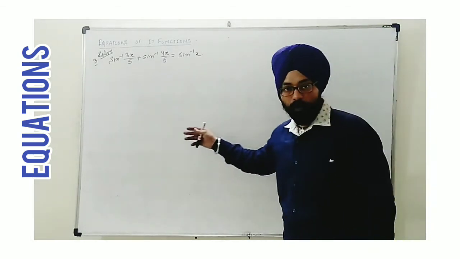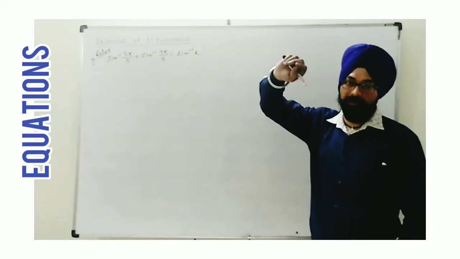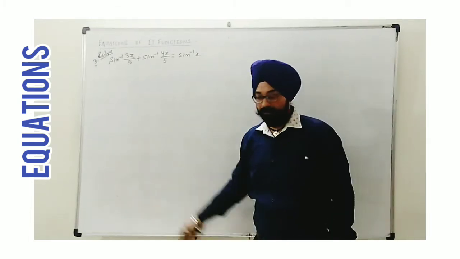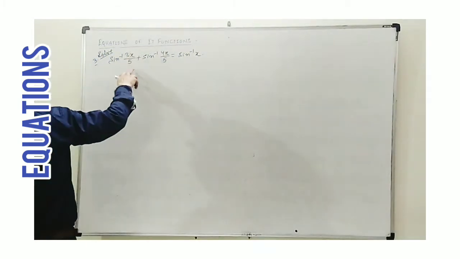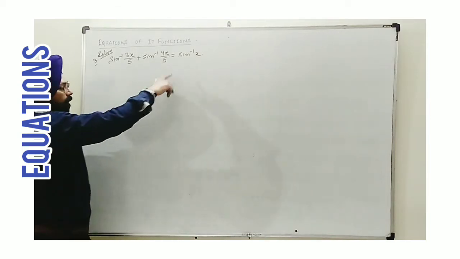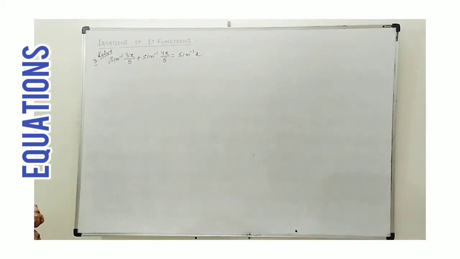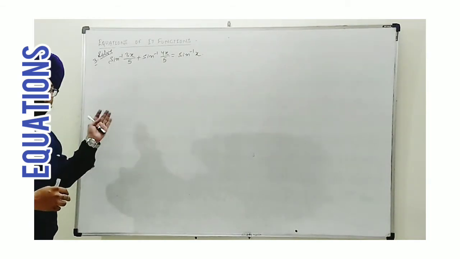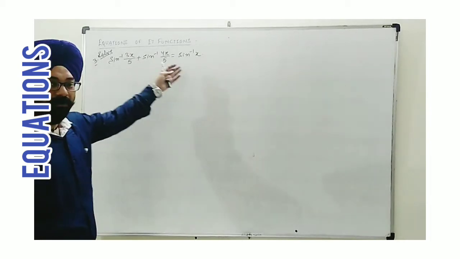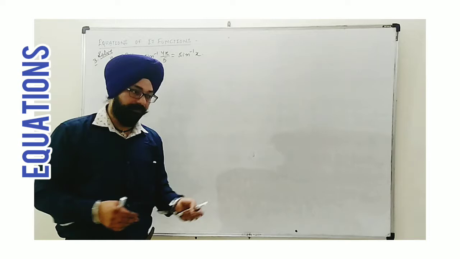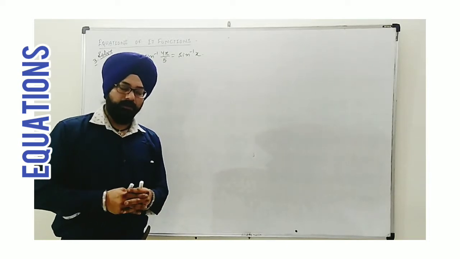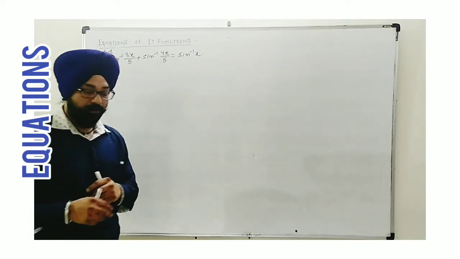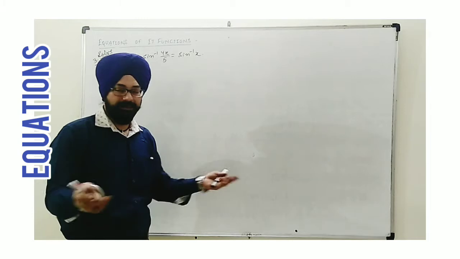In the third example, in the first question we took one term of the variable, in the second question we took two terms. Here we have taken three terms of the variable. You can see it is sin inverse 3x upon 5 plus sin inverse 4x upon 5 is equal to sin inverse x. Whenever such a case is given, I suggest you solve it directly, because shifting and all will not affect the method. Everywhere x is available, mainly in this equation all the terms have x, so I say better to directly apply identities and simplify for x.